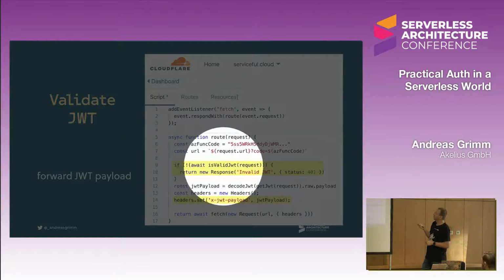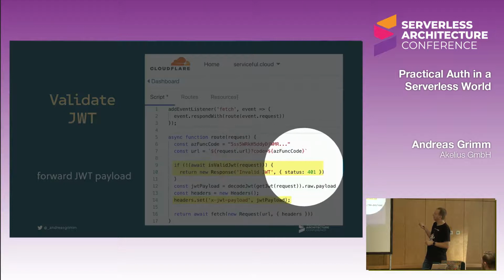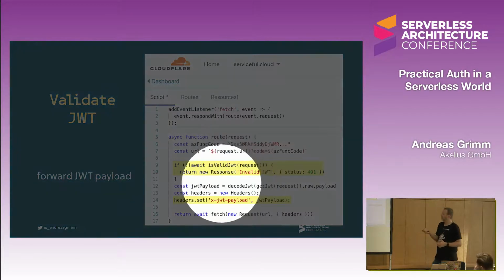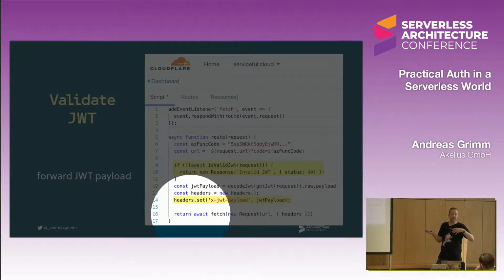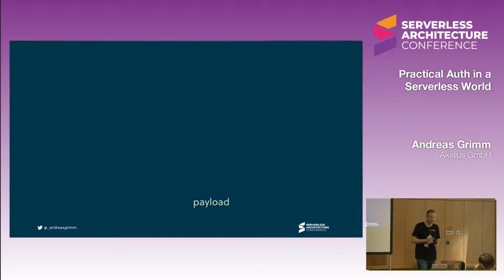And we could just validate our JWT here, and if it's not valid, send the 401 right from there, so that this request does not even hit our actual API. Only if it is valid, then we could take this payload out of the JSON Web Token and forward it to the function,